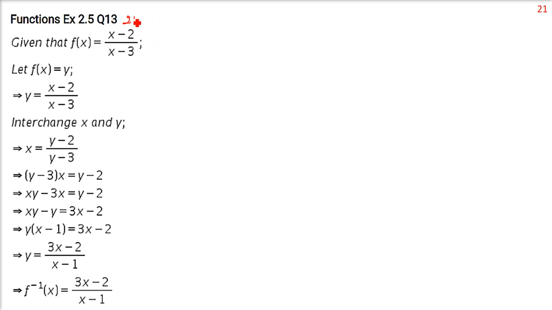This is question number 21, and in certain editions it may be 30. So we have a CBSE 2012 question, this one. A is R minus 3. Now this is very, very important: all real numbers without 3. You cannot take 3, otherwise it will make it something divided by 0, which is undefined. f(x) is given as (x minus 2) by (x minus 3).